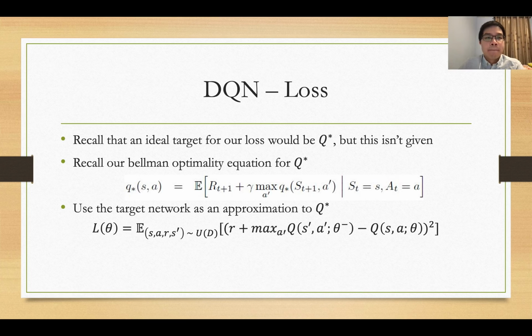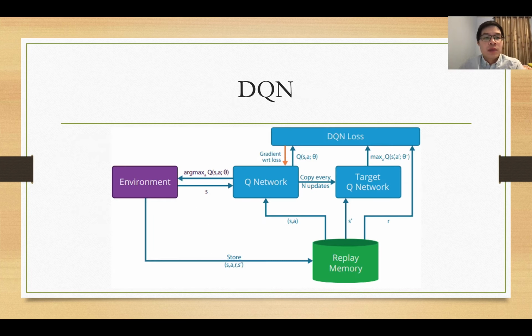The following diagram illustrates our DQN algorithm. Our Q networks are first randomly initialized, and from the network we get an action to take by performing an argmax over the Q values. This generates an experience tuple which gets stored in the replay memory. To make an update, our networks sample a batch of data from the replay memory and compute the loss and the corresponding gradient. We then make updates to the behavior Q network on the left, and every n updates we copy the parameters from the behavior network to the target Q network on the right.